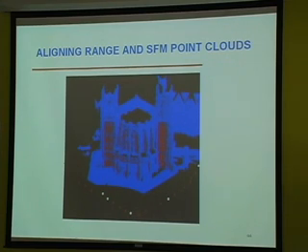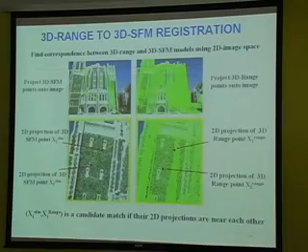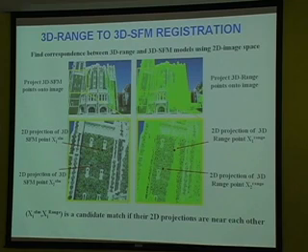So we have to bring this into the same scale and reference frame as the dense. And that's the next part here, which is to align the range scans and to align the sparse structure from motion point clouds together. So how do we do that? Okay, what we do is we take those images. Remember we had 5 images for which we did find correspondence between the image and the dense point cloud. We take one of those 5 images, let's say this one here, and we consider what happens if we project